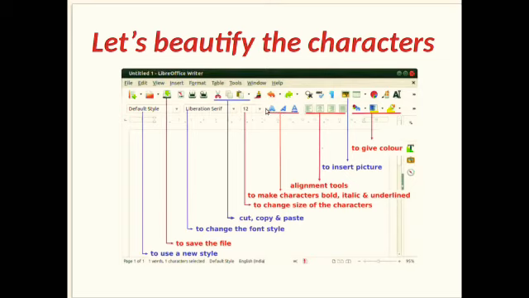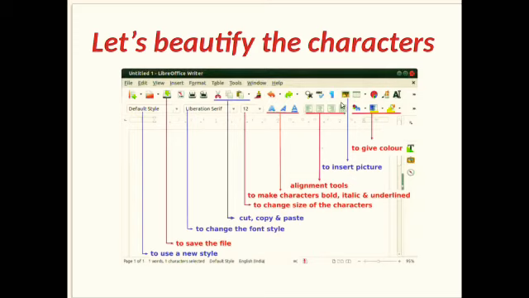And these three tools set the text as bold, italic and then underline. And these four tools are alignment tools which help to align the text in left, center, right and then justify.